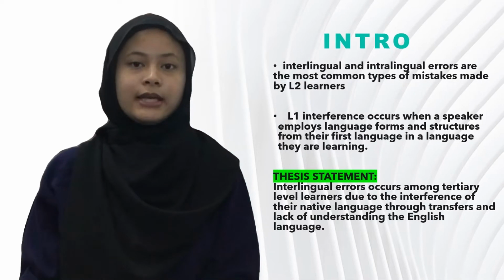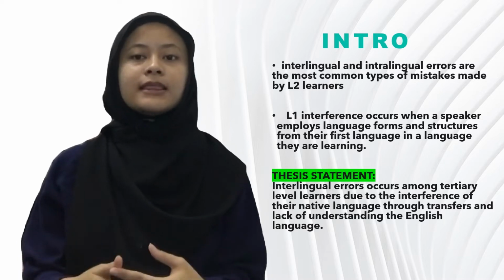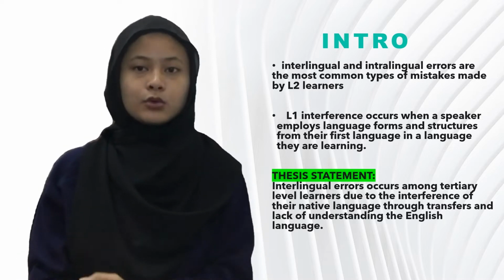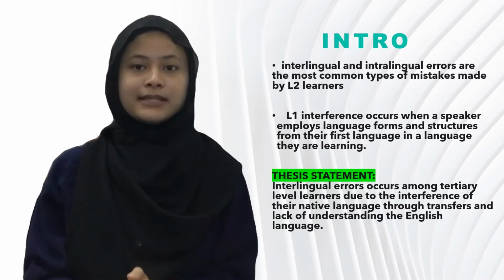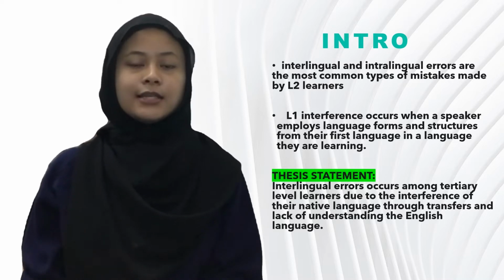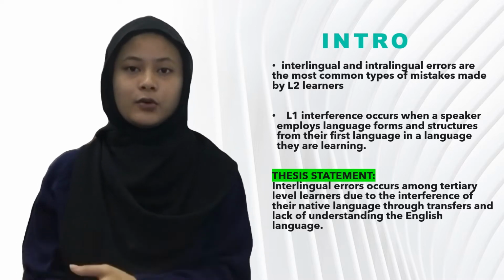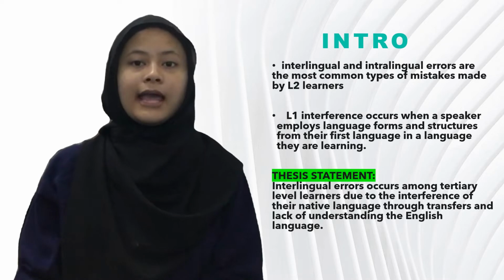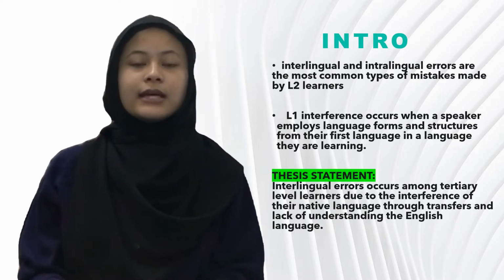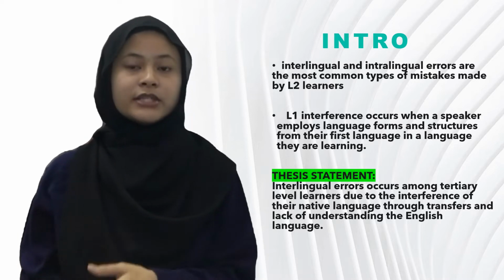So our introduction is: interlingual and intralingual errors are the most common types of mistakes made by L2 learners. Interlingual mistakes are generated by L1 interference, but intralingual errors are caused by the difficulties of learning the language. L1 interference occurs when a speaker employs language forms and structures from their first language in the language they are